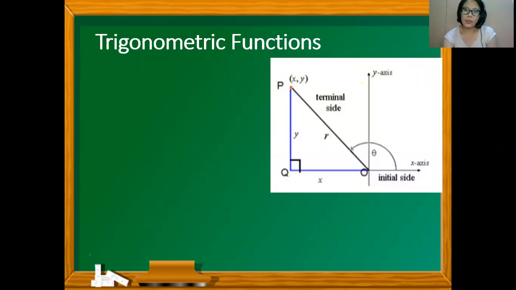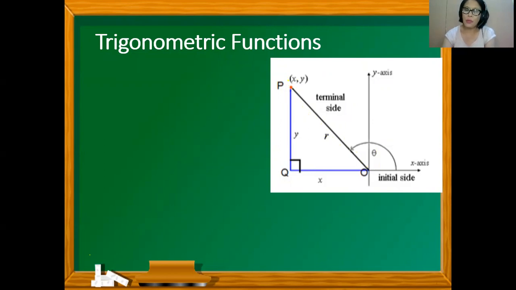and then we're going to choose any point P on the terminal side, any point except the vertex of angle theta, and we will name the coordinates of P equal to (x, y). Now in the figure, PQ is perpendicular to the axis, which determines a right angle with vertices P, Q, and